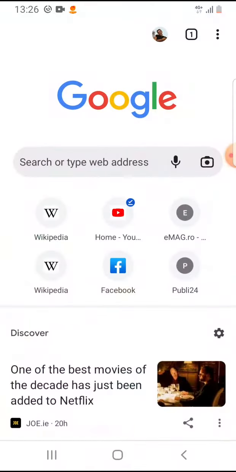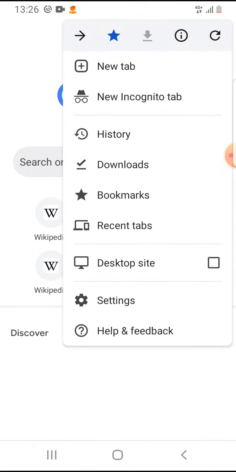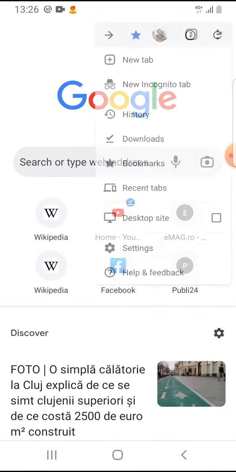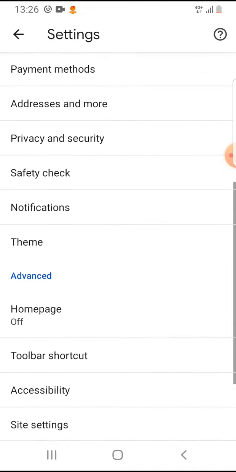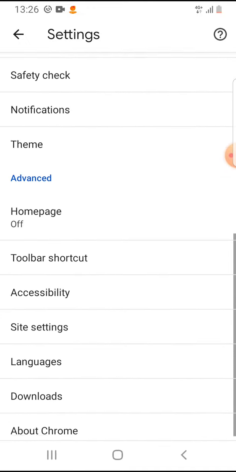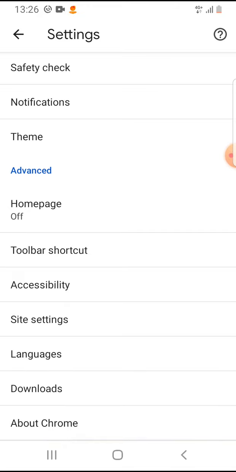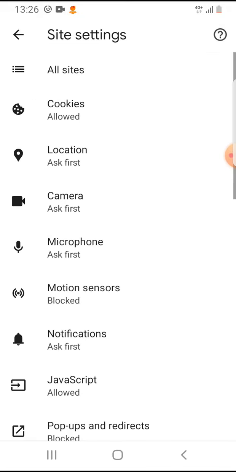Open the Google Chrome. Go to the top right corner on these three little dots, tap on it, then select the settings. Then scroll down to the site settings, tap on the site settings,